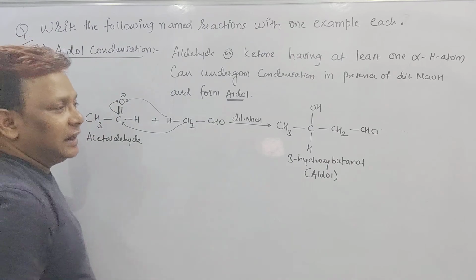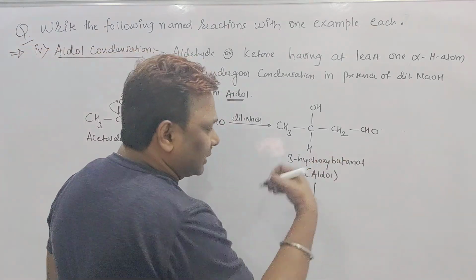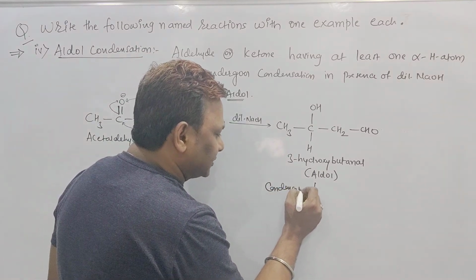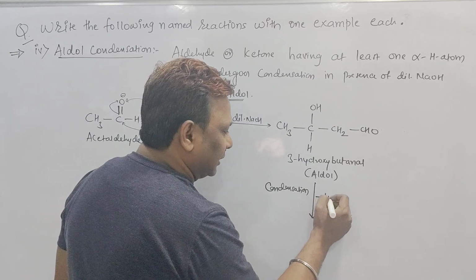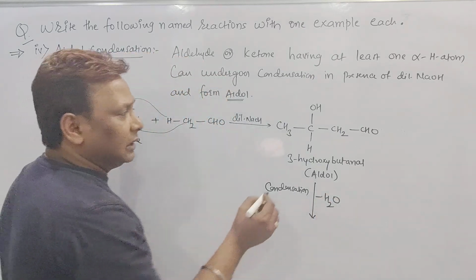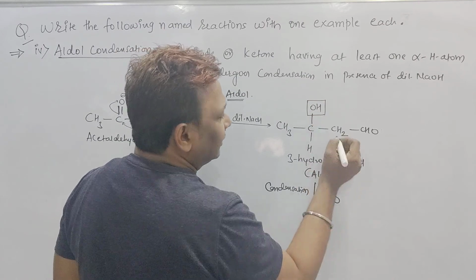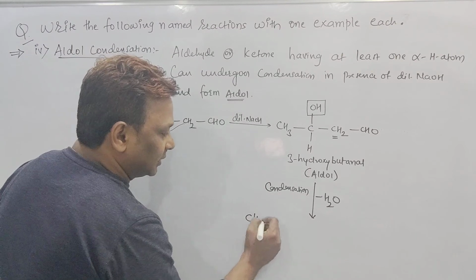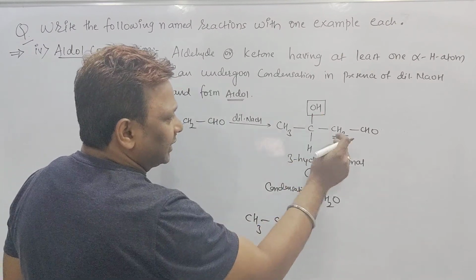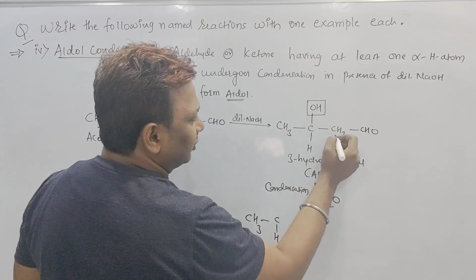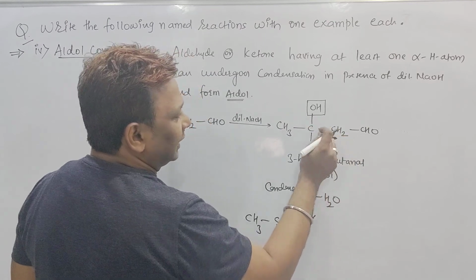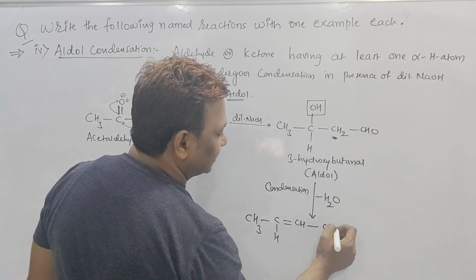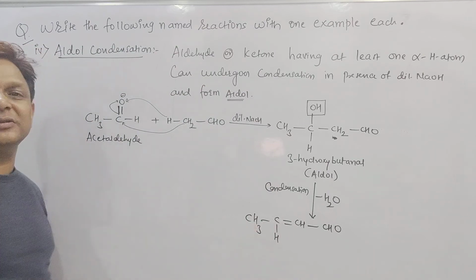But for this aldol, if you do condensation, now what should I do? Sir, I should do condensation. But while doing condensation, you will take out a water molecule. How will the water molecule be taken out? OH from here and H from this carbon. See beta, CH3, yes sir. Then beta CH, yes sir. OH and H go off, I will get what? OH goes from here and H goes from here. I will get a double bond here, and what? CH2 becomes CH, which is bonded with the CHO. But this is the aldol condensation product.